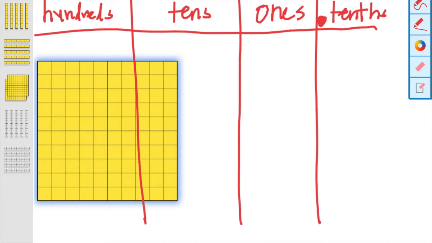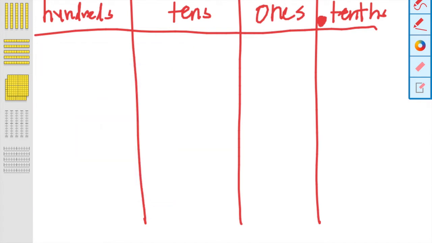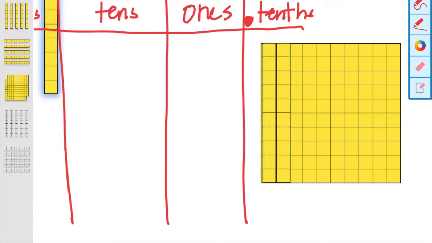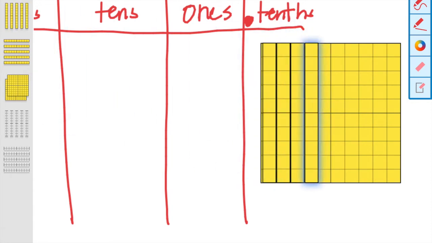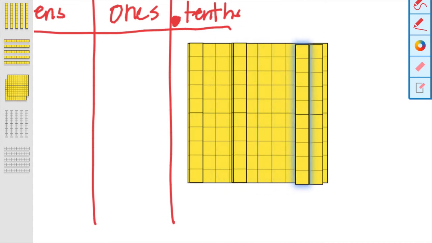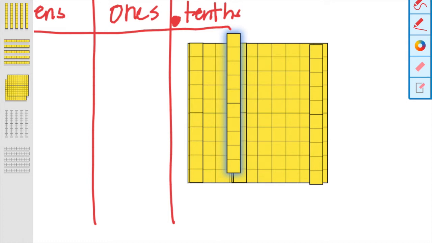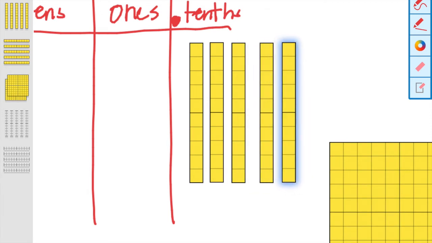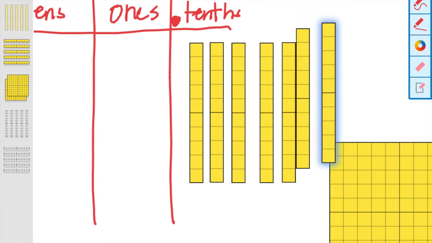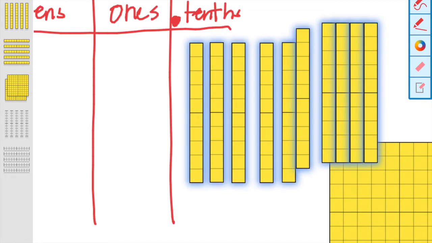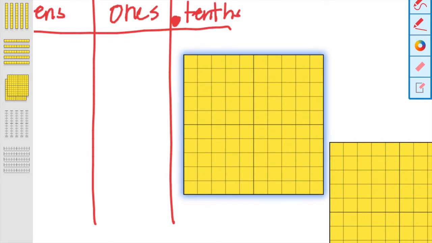Okay? Same thing with tenths. If this is my whole, now we're going to move into our tenths. And this is 1 tenth, 2 tenths, 3 tenths, 4 tenths, 5 tenths, 6. Let's start over here. How many tenths do I have? 1 tenth, 2 tenths, 3 tenths, 4 tenths, 5 tenths. Okay, we need 6, 7, 8, 9, 10. You'll have to just trust that it would lay over that whole. So once I reach 10 tenths, those 10 tenths would be regrouped into 1 whole, and that would be